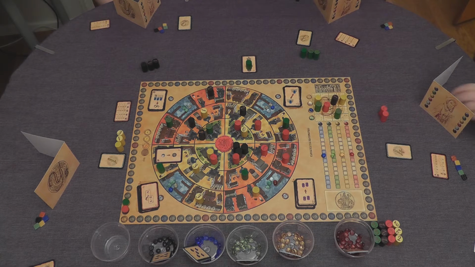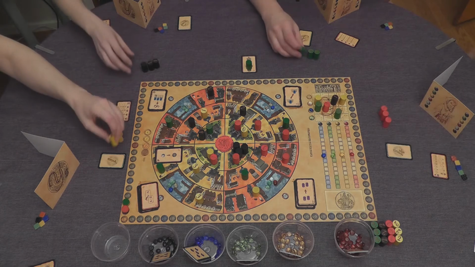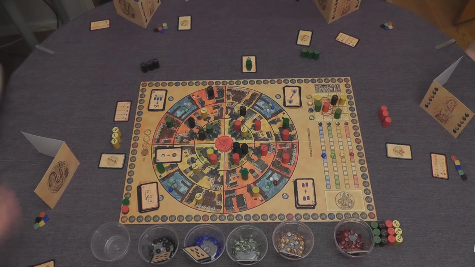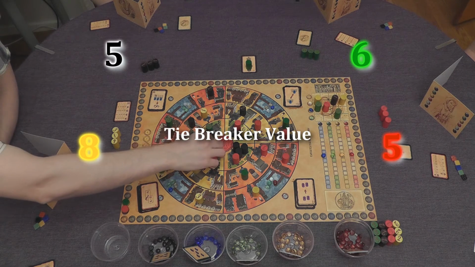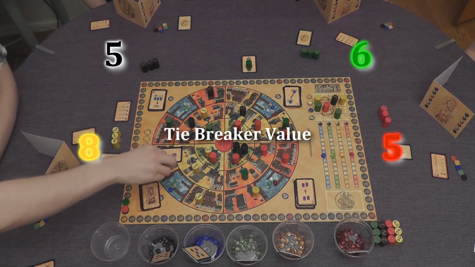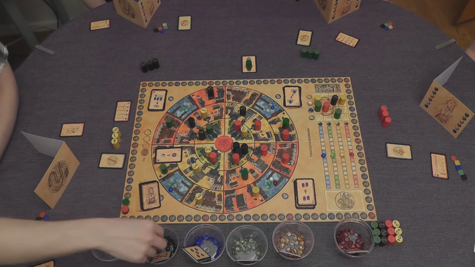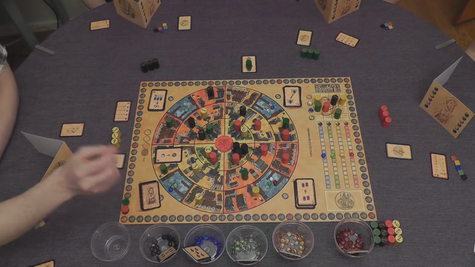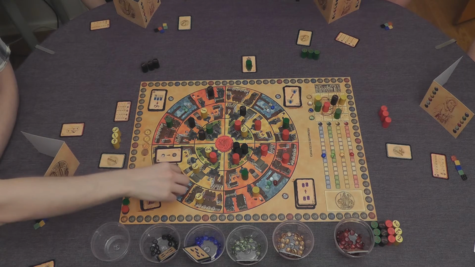So now we have all placed our brokers for the first round here. So we turn them up and have our tiebreak value. In this case I have the highest tiebreak value, so I will win eventual tiebreaks here. Then you score 1 area at a time in 1 quadrant, and then you score the entire quadrant, distributed in gems. So in this first quadrant here,